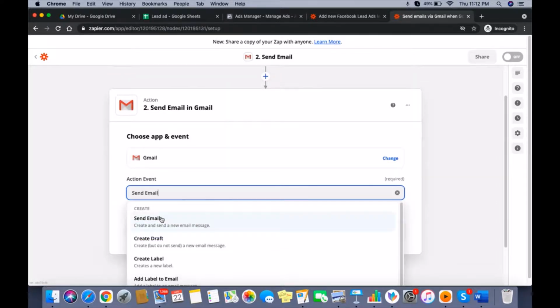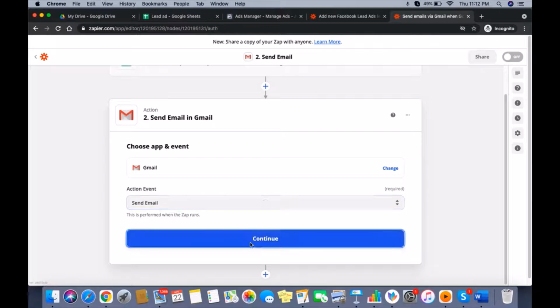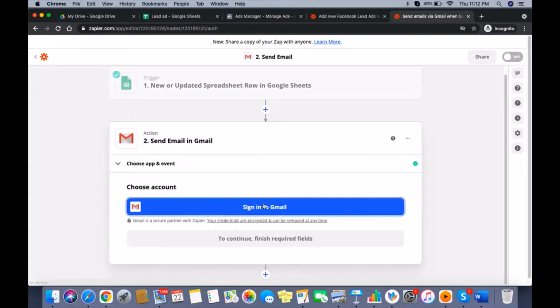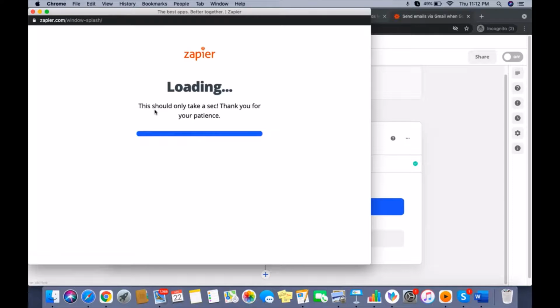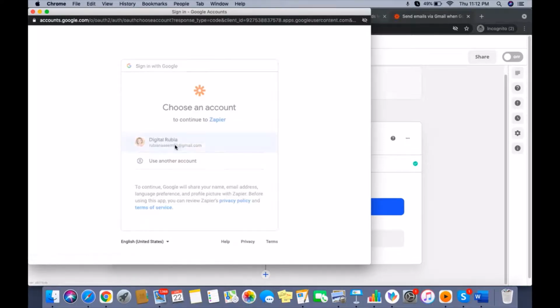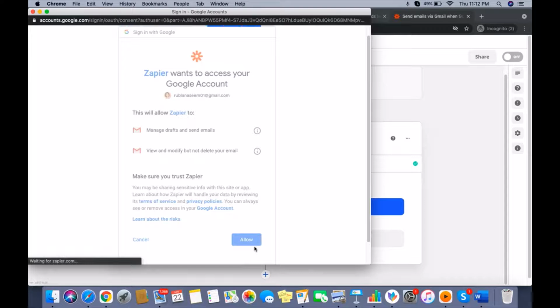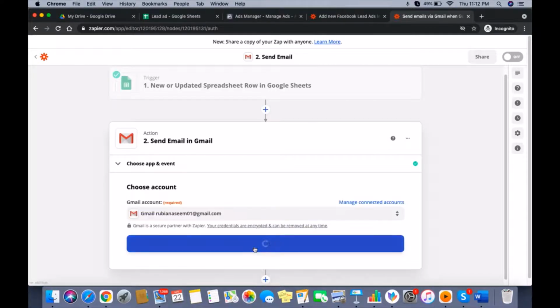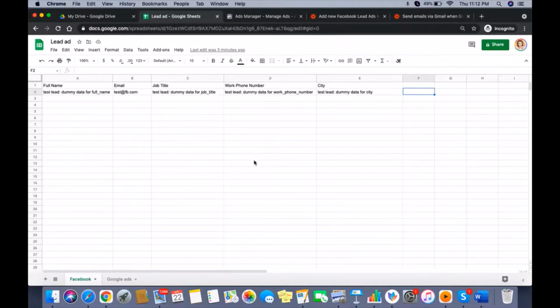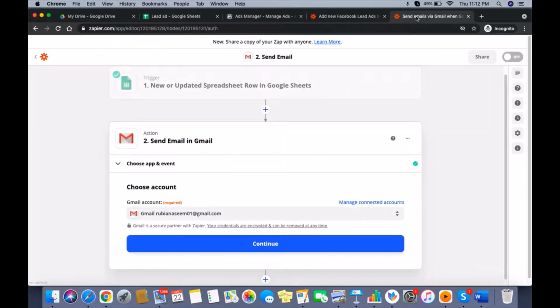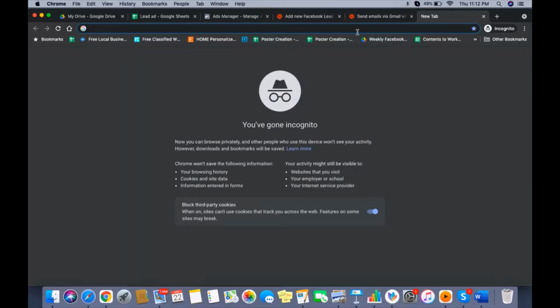Send email is the action that we are going to do. It is going to happen with your Gmail account. It is not any other third party site. It is going to happen directly from your Gmail account. Suppose you have got 200 or 300 leads, I suggest you go to an email marketing provider like ConvertKit.